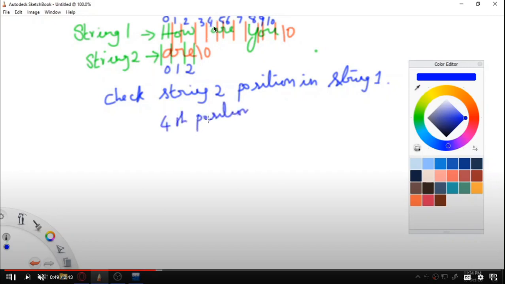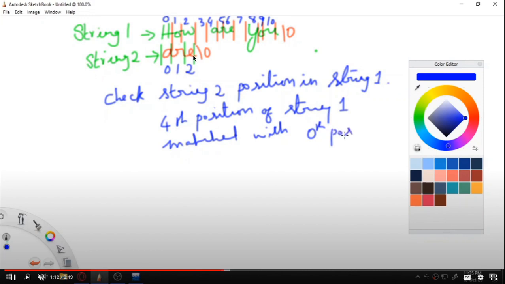That means the fourth position of the first string matches with the 0th position of the second string. This match happens by checking the first character against all the other characters. When the first character matches, the check continues with the second character, and then the third character, E. So all these characters lie starting at the fourth position. This is what the program finds: the location of the substring.